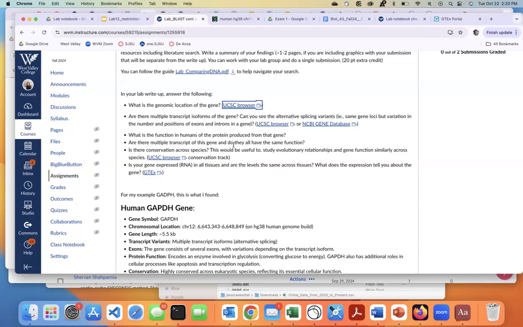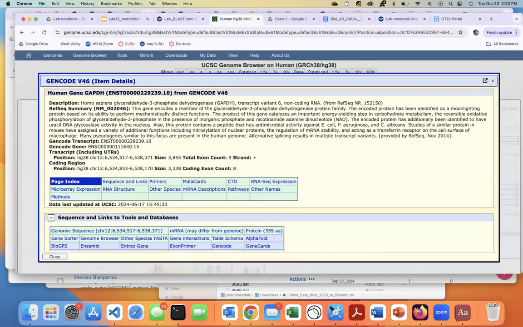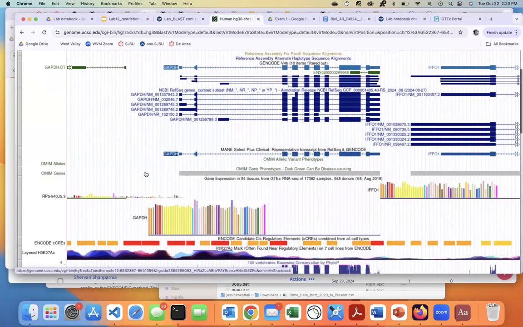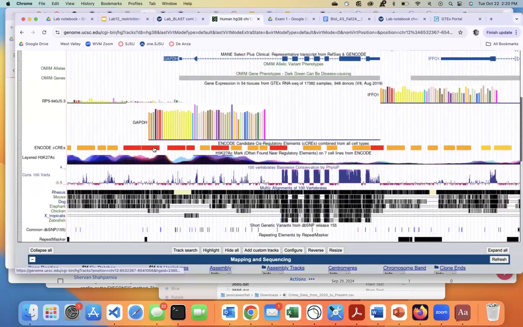And I think the last one, you can get the protein, you can get the function by clicking on that one link on the UCSC browser, right? That's how we brought this up, and it has a function. And we can click on each one individually and pull up its information for function. The last question is, how well is it conserved? So if you scroll down here,